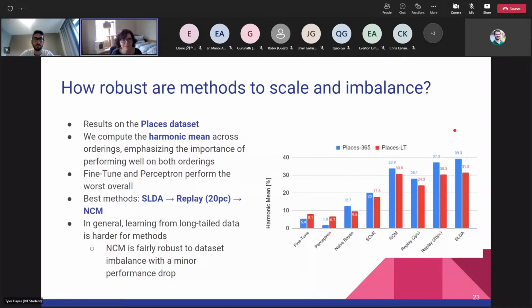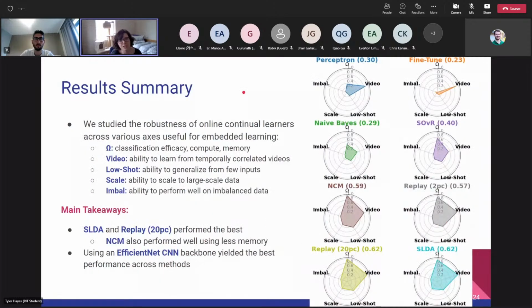So in summary, we studied the robustness of online continual learners across a variety of axes that I consider to be useful for embedded learning. Specifically, here are the different things we considered. Omega is that net score that considers classification efficacy, compute, and memory. The ability to learn from temporally correlated videos; recall that this was the OpenLoris instance ordering. The low shot instance ordering of OpenLoris, which is the ability to generalize from very few inputs and to do out of domain recognition. The ability to scale to large-scale data, those were the Places 365 experiments, and then the ability to perform well